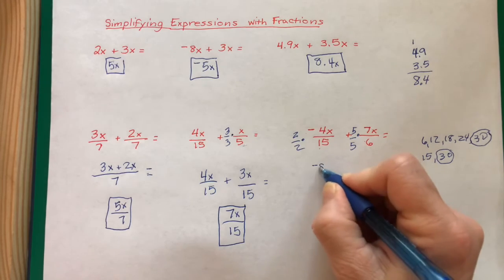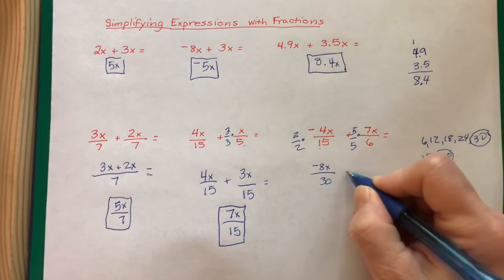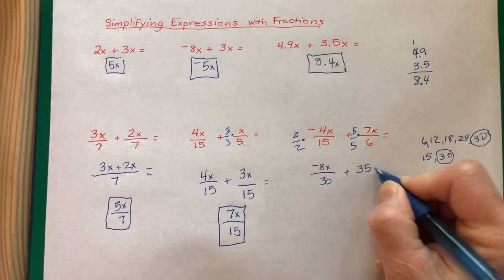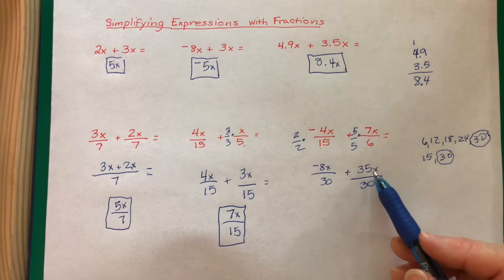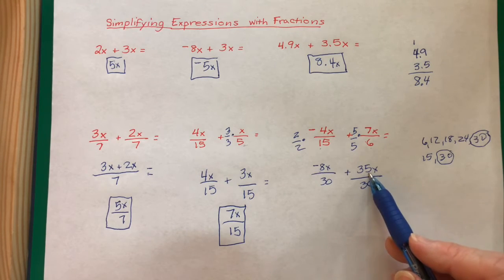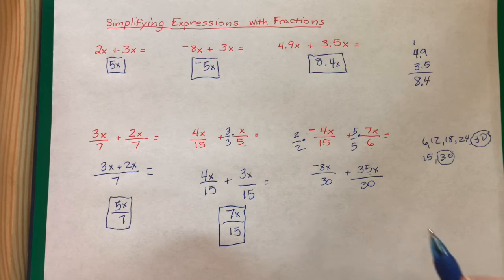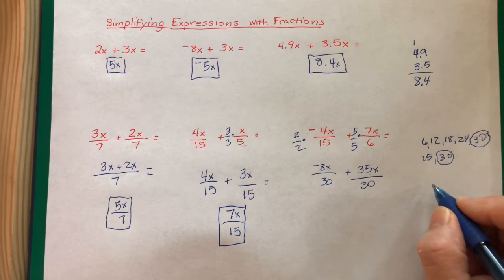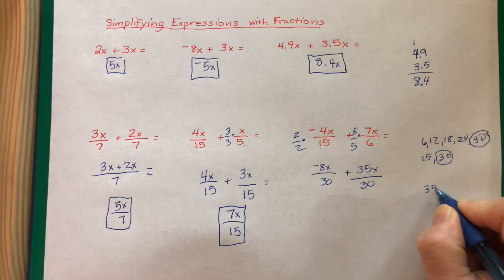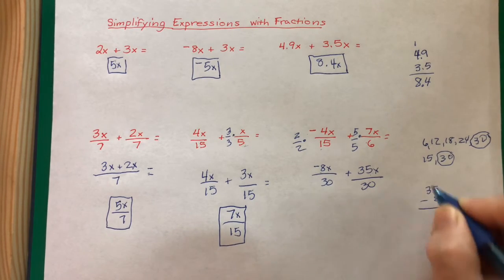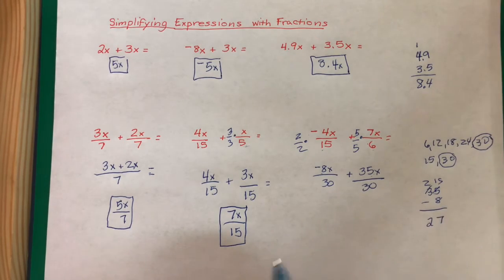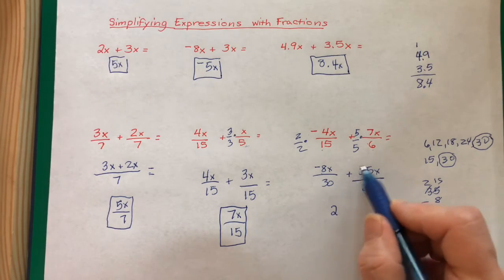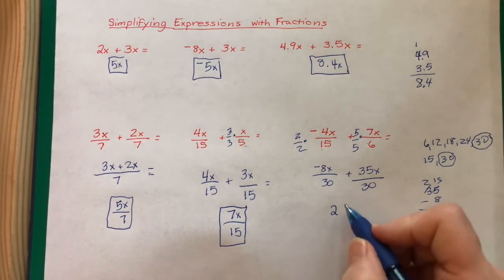Now I get negative 8x over 30 plus 35x over 30. Now I just have to do negative 8 plus 35, which is like 35 minus 8, and you may go over on the side if you need to, but you can probably do it in your head. But if you can't, that's fine. You would just come over here and do 27. And it's going to be positive because my larger absolute value was a positive. So I'm going to have 27x